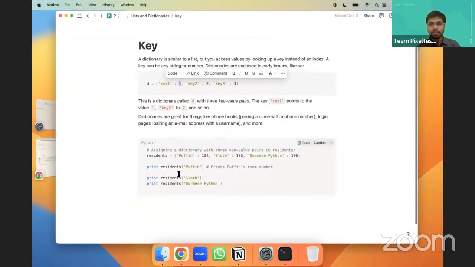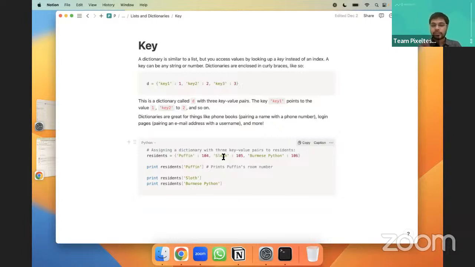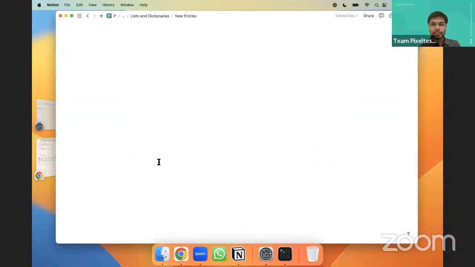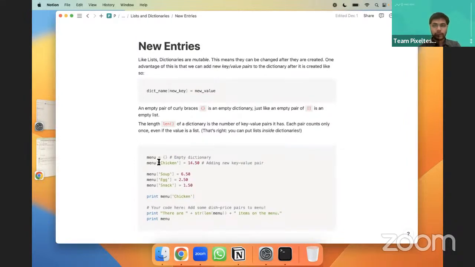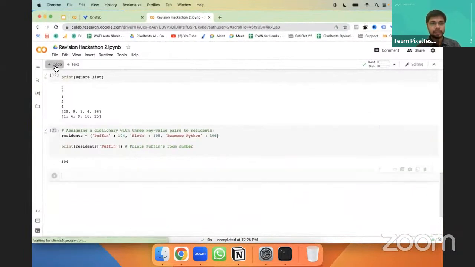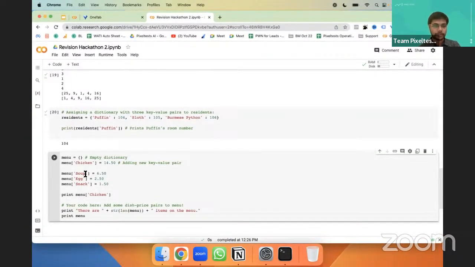Similarly, you can save a lot of addresses also. Like for example, address of Sachi is Hyderabad, address of Ramesh is so and so city. So you can say the city of Sachi, and it will give you that particular value. So that is how this becomes helpful. Okay, so now that is dictionaries. In dictionaries, how can you add new value? This also becomes helpful when we are learning the other sections in numpy insertions. So this addition is important.